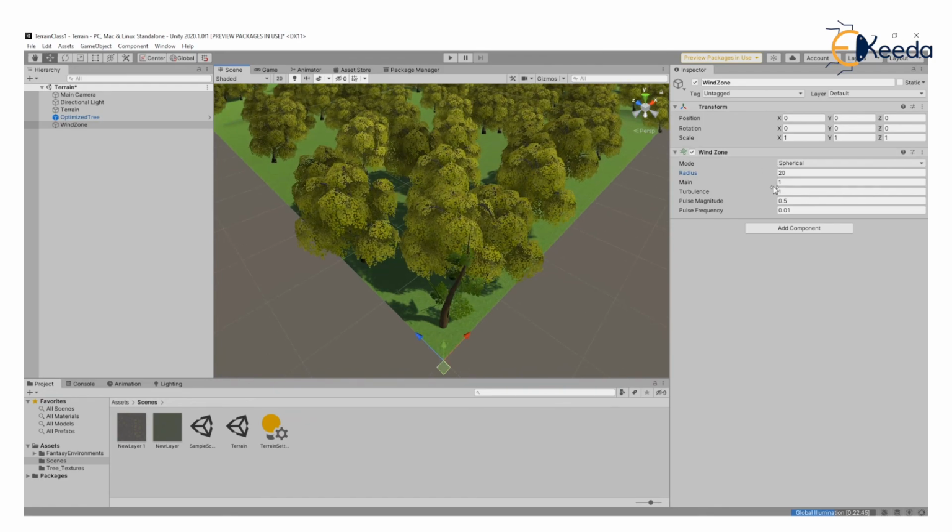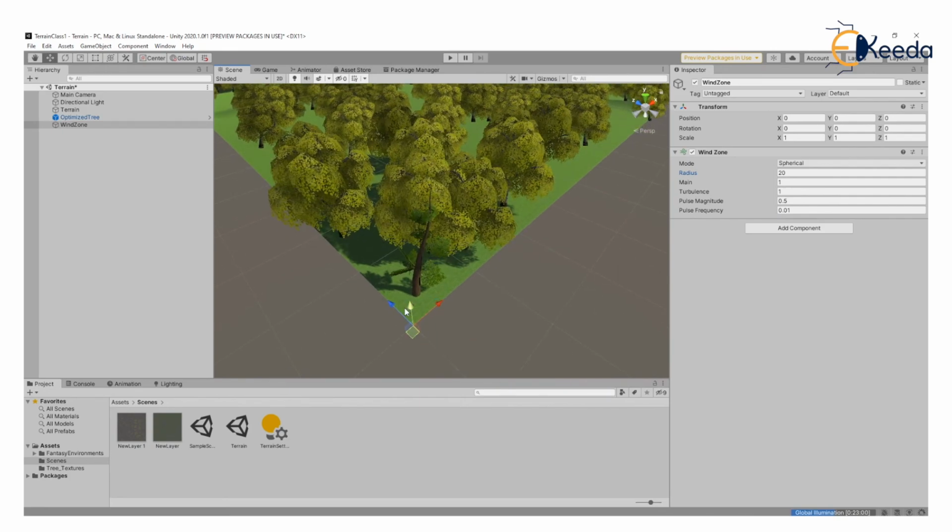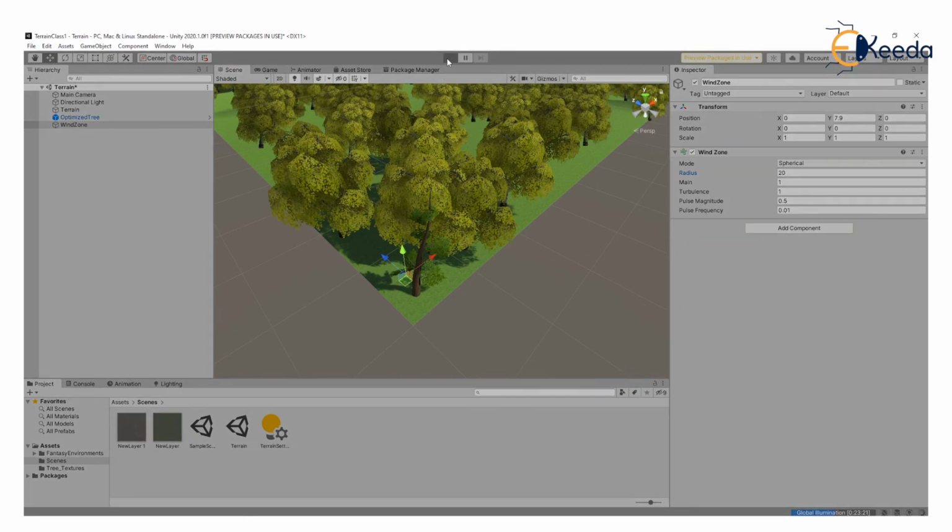I would request you to play with these options. You see the pulse magnitude, how much pulsating you want the wind to be when it acts on the trees. These various options will help you control the kind of wind that is interacting with the trees. So let's see whether our sphere is actually interacting with it, to see the effect of the wind. I hope we can see the effect, because it depends on how we have placed the sphere and how the wind sphere interacts with the trees. So look at these options very carefully, because this is more of a trial and error to see exactly the kind of realism you want in your entire VR experience.